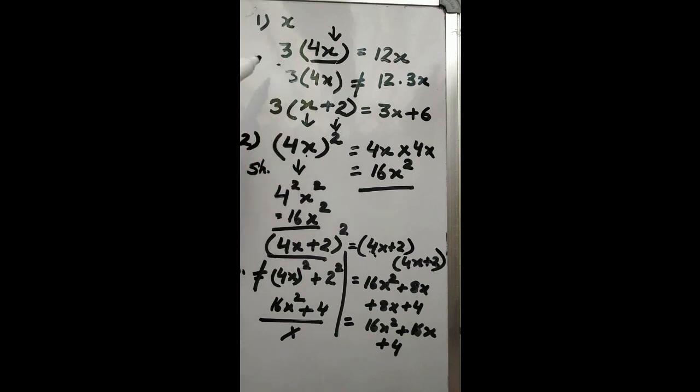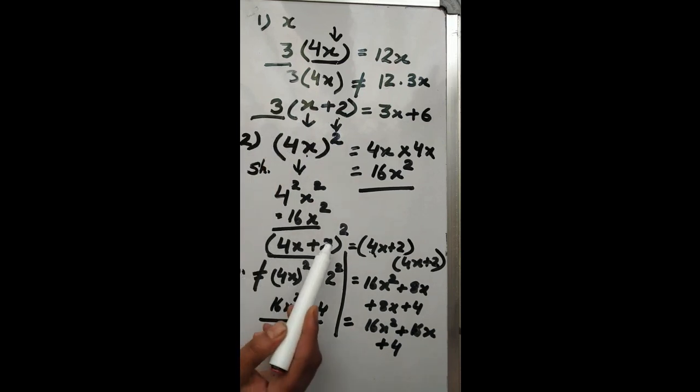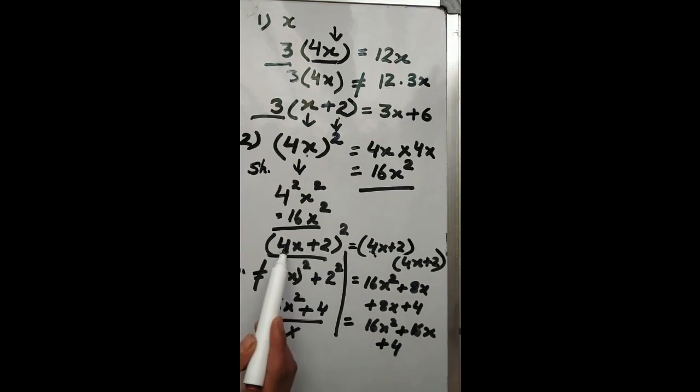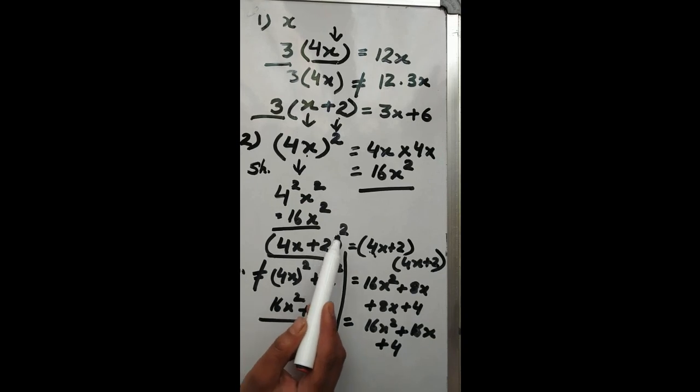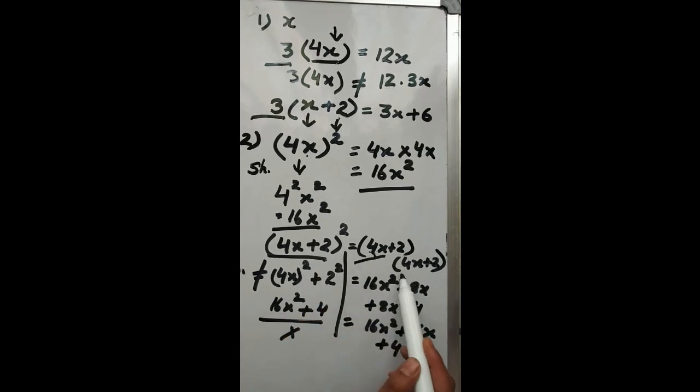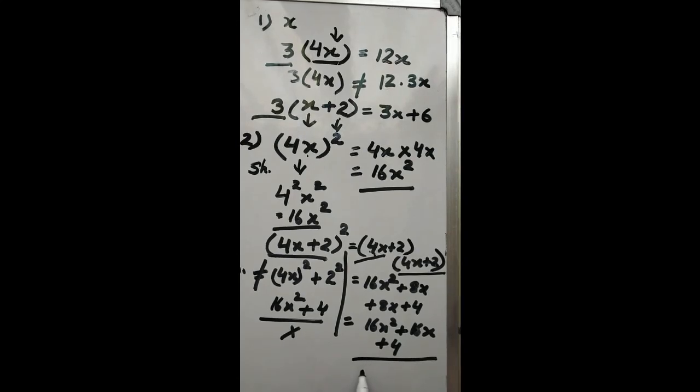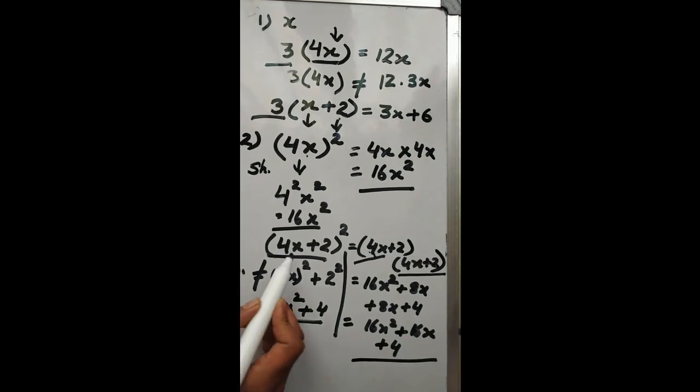As I said earlier, this mistake is less common. Okay, so it's perfect. But here in case of power, the point to be noted is this. When there is a power, 4x whole raised to power 2 is 4x into 4x. That means 4 square and x square. But 4x plus 2 whole raised to power 2 is not equal to 4x whole square plus 2 whole square. It has a long way to find out the answer. So you cannot use this shortcut here.